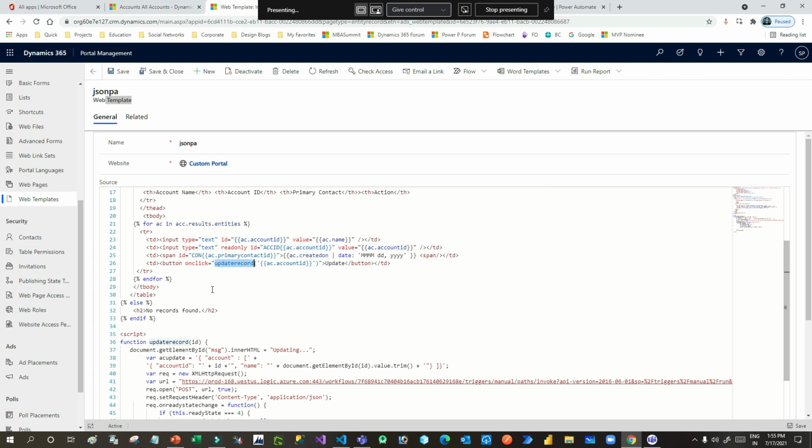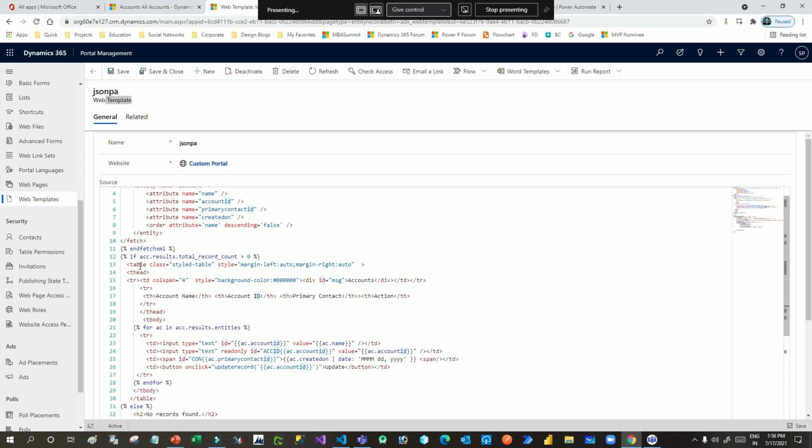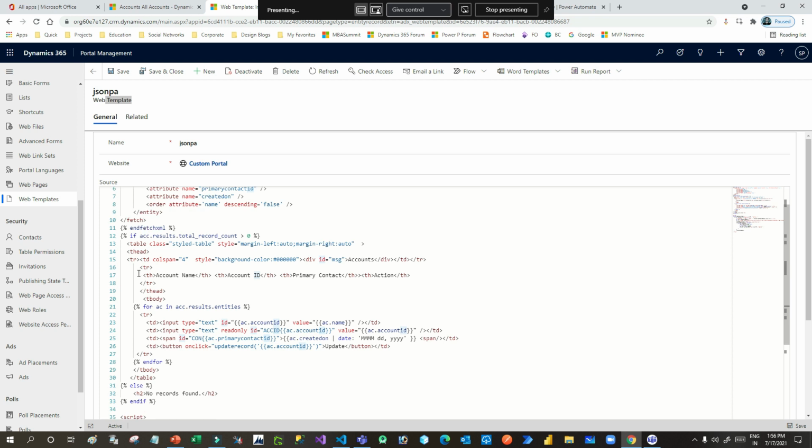Let me go down straight to this function to see how we have written it. Here I am declaring a function updateRecord, and I am passing the ID. This ID stores the account ID that needs to be updated. I have taken a section here to display the status of the update. If you go here, you can check this one.